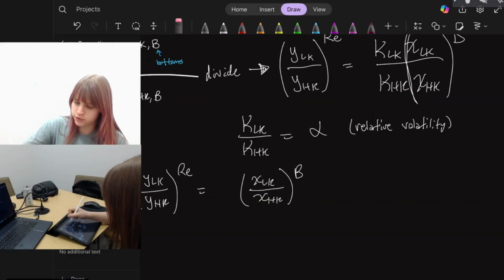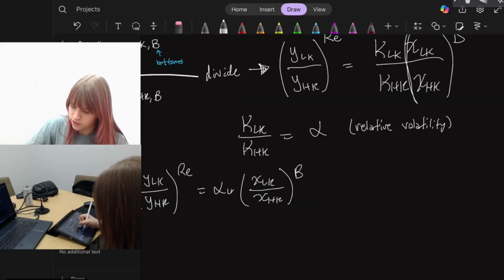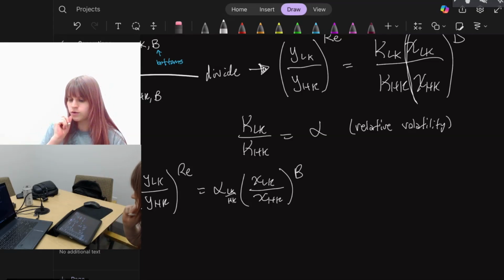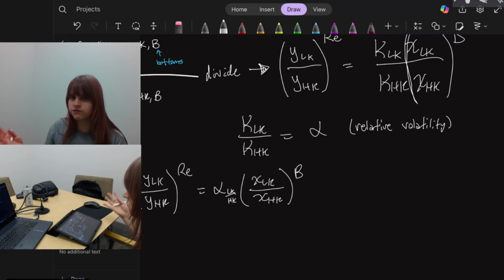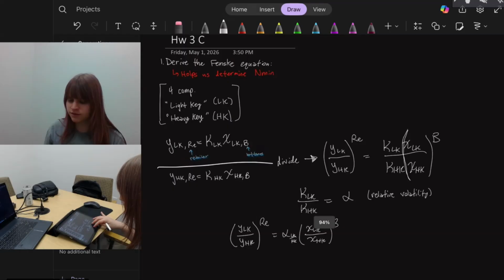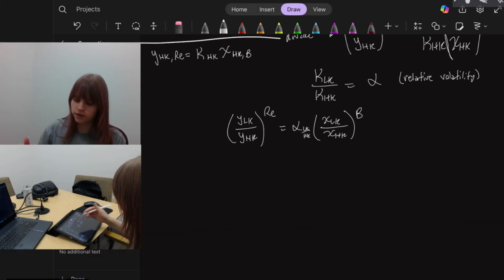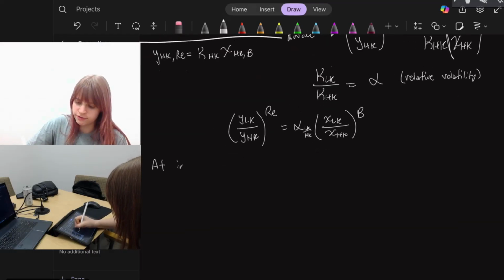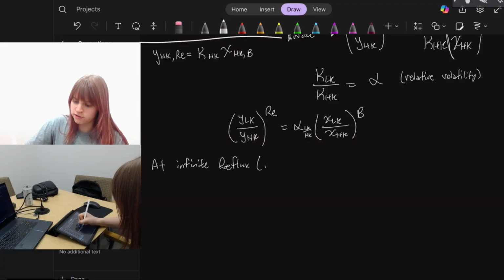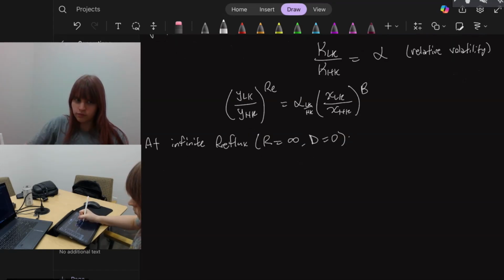And I'm going to put a subscript here as well, that this is the light key over the heavy key, because we want to specify what we're talking about when we say relative volatility when we have 4 different components. As we know, the vapor leaving the reboiler has the same composition as the liquid leaving the stage above it. So at infinite reflux, which basically means the reflux is infinite and the distillate is 0, we would have